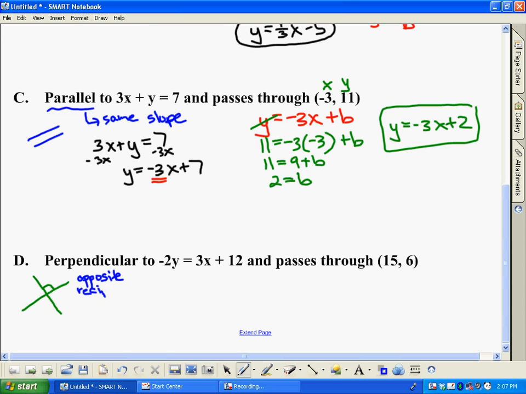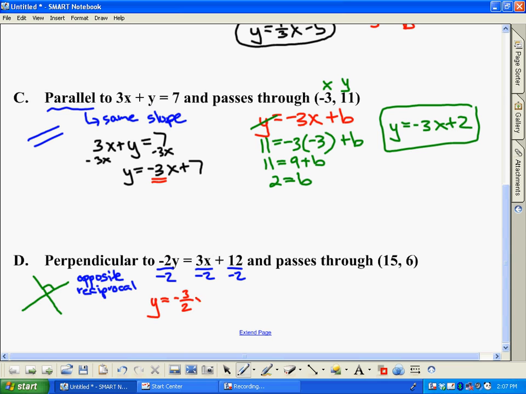Opposite reciprocal. Opposite meaning different sign, and you'll notice here it's kind of obvious. One of them has a positive slope, one has a negative slope here, so that's where the opposite comes from. Reciprocal means as a fraction, flipping it. So let's find the slope here. To find the slope, we're going to go ahead and divide by -2. And so when we do that, we get y equals